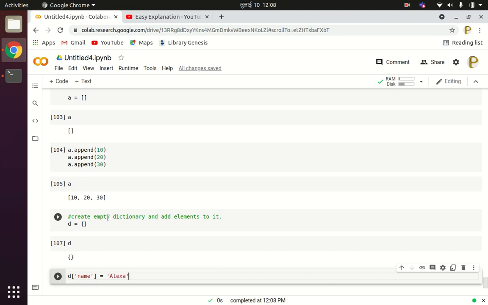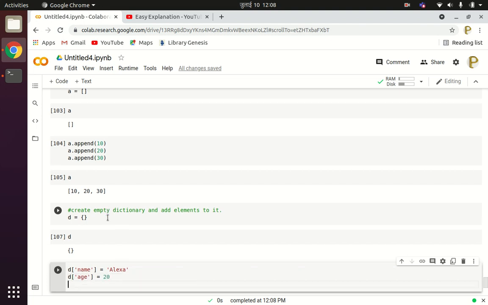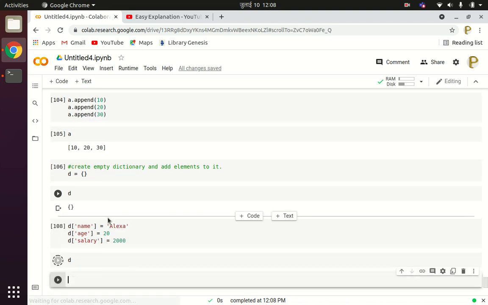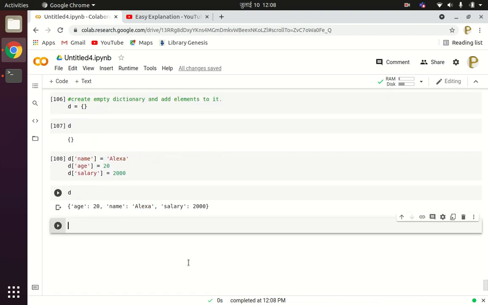D of age equals to 20, D of salary equals to 2000. And when we write D, you can see we have created the dictionary of values.